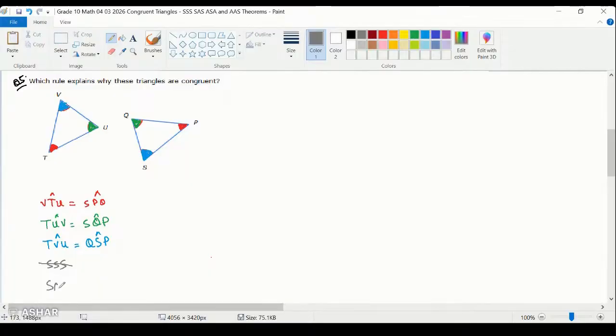Side, angle, side, no two sides are given. And angle, side, angle, we don't know one side, so we cannot use this also, right? So we can say, with the information provided,